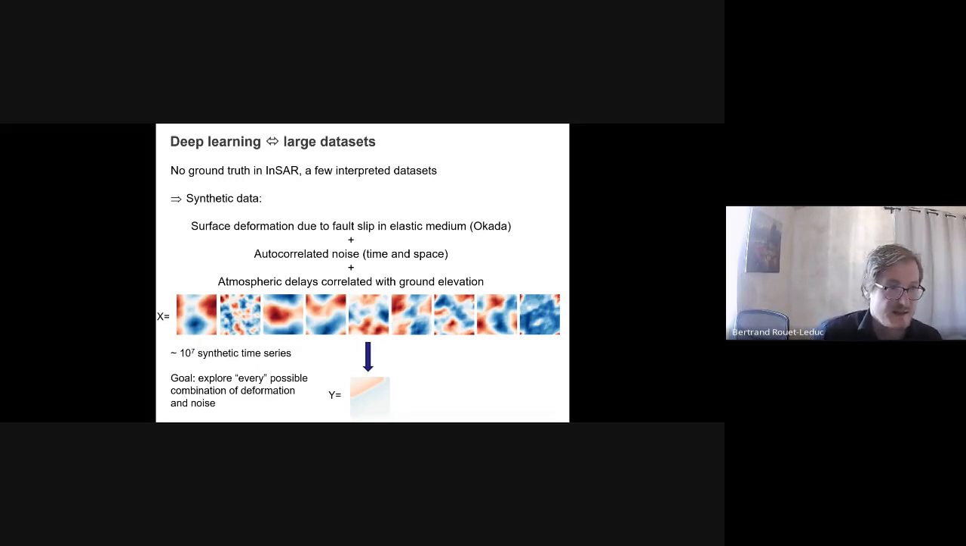So those synthetic data, for the purpose of trying to find small deformation on faults, consist of surface deformation due to slip on a fault, here in an elastic medium. It's important to generate lots of data, so it has to be very fast. So it's a somewhat simplistic simulation, using an Okada solution of slip on a fault in an elastic medium, to which are added noise signals